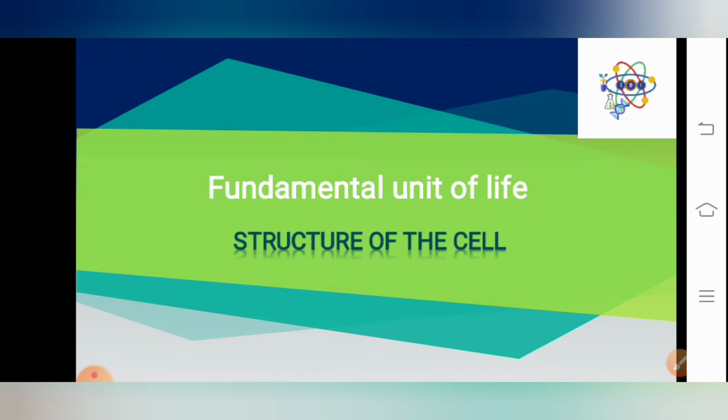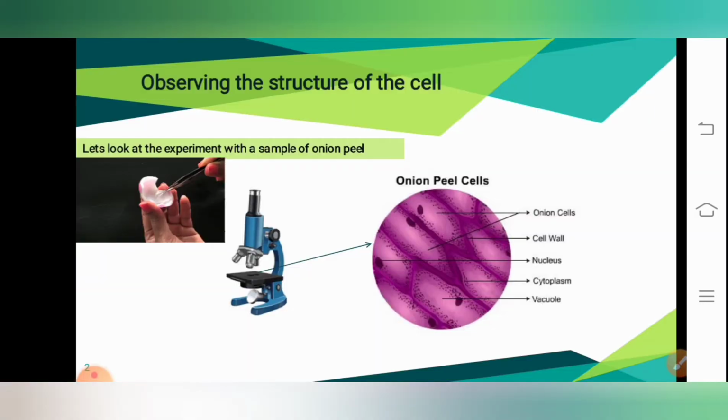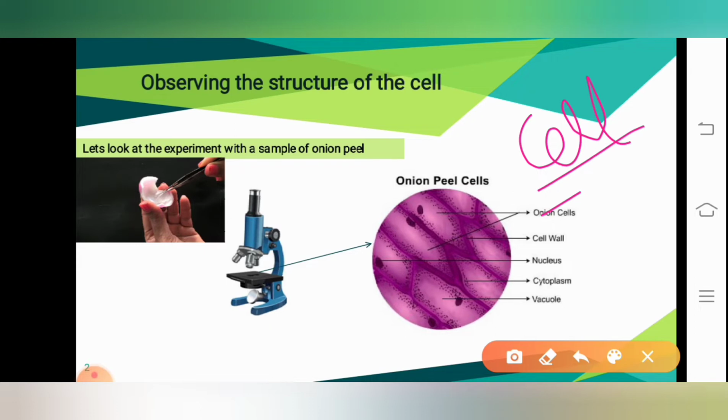In the previous session, I explained what unicellular organisms and multicellular organisms are. Let us look at how actually a cell looks like. You know that all the plants as well as the animals are made up of cells. Correct? Every living thing is made up of a basic unit called the cell. You are aware about this, right?